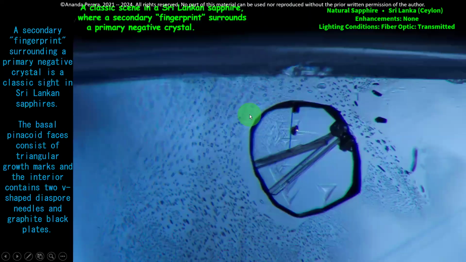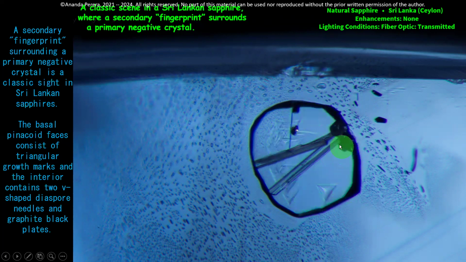Fiber optic oblique light is the base. What is this? The lighting condition here is fiber optic transmitter. Earlier oblique, it is transmitter. So look at this fingerprint. This fingerprint, and look at this. There is a very nice